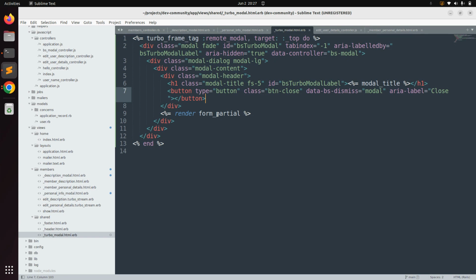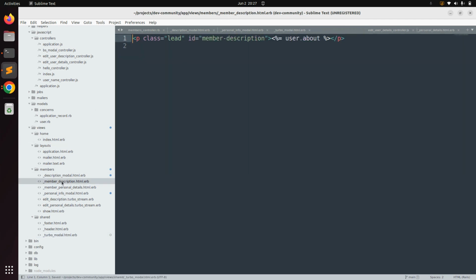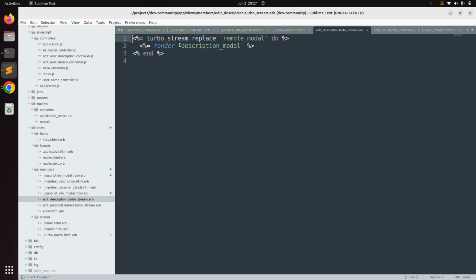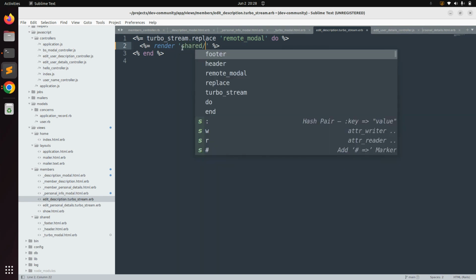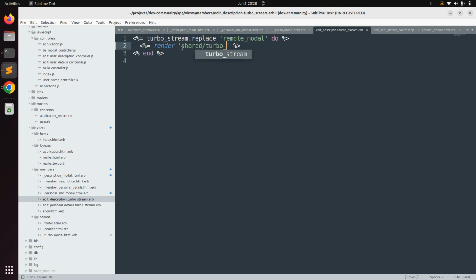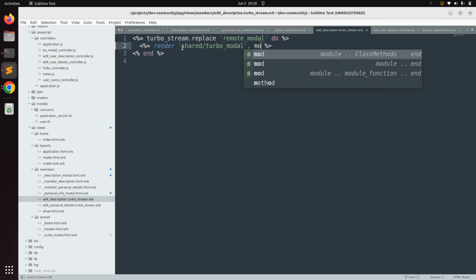Now it's time to use this turbo model partial. First we will replace this within the edit description turbostream template. Here you can see we are rendering the description model partial. But now we need to use shared and then turbo model, and then we need to set our locals here. First we can add model title,